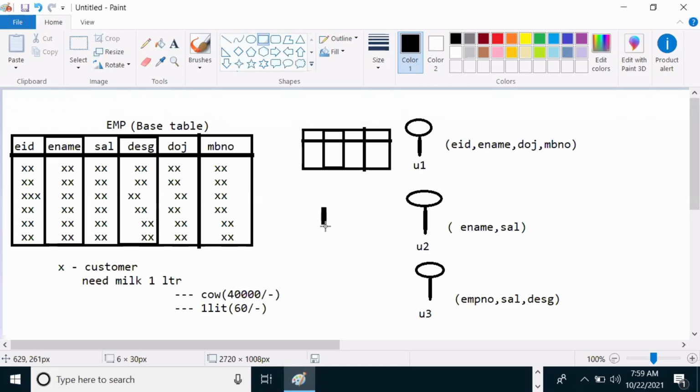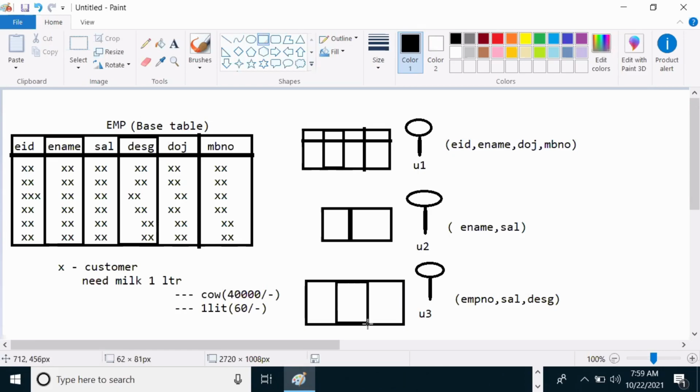The second user wanted only 2 columns, so a 2-column view is created. Next, the third user wanted 3 columns, so a 3-column view is created. Okay? Right, this is the view advantage, guys.